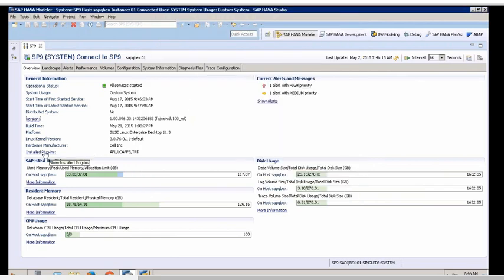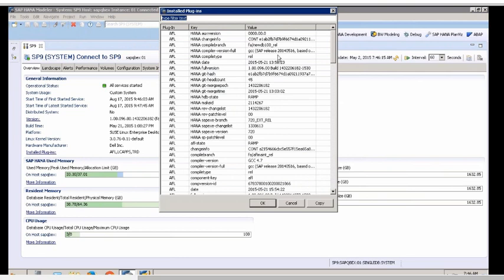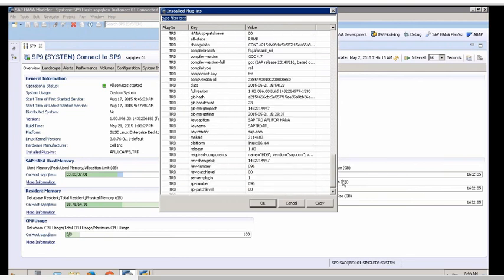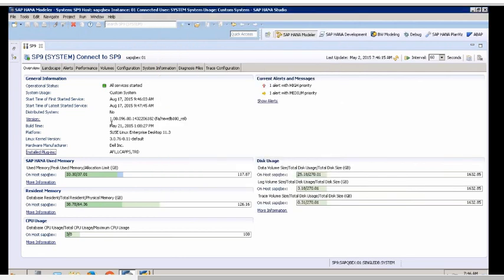And we can see what plugins have been installed apart from the software. We can also see the kernel version, the Linux kernel version, because any SAP software will have a kernel on the OS. Here you can see the main memory utilization, and the data volume and the log volume. What do you understand by data volume and log volume? Two separate disks. So this is about the sizing of your data volume, and this is about the sizing of your log volume.